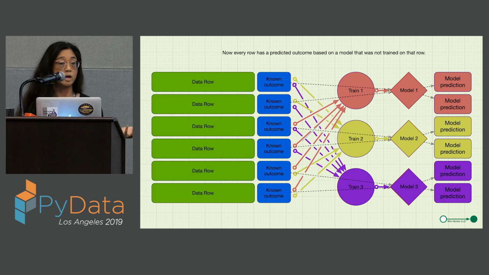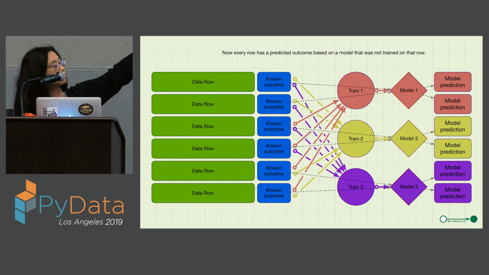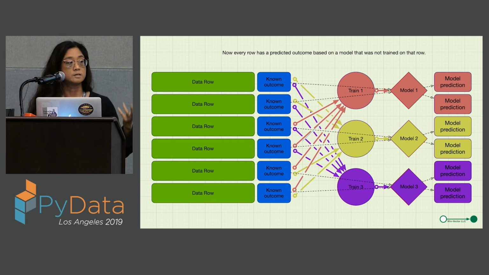So now what you have, on the far right-hand side, is a set of encoded zip codes for your entire training set, where every row was encoded by a lookup table that it was not involved in the construction of. So basically, you've simulated splitting the data into a calibration set and a training set, only you've done it in a much more statistically efficient manner so that you are now able to use all of your training data to train your downstream model safely.